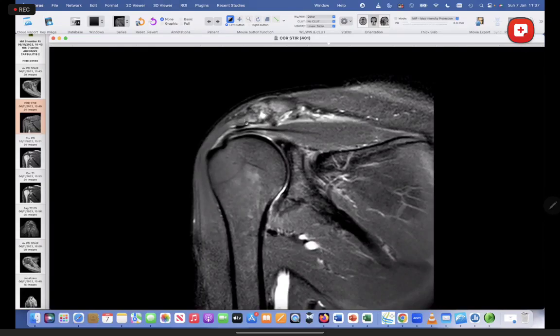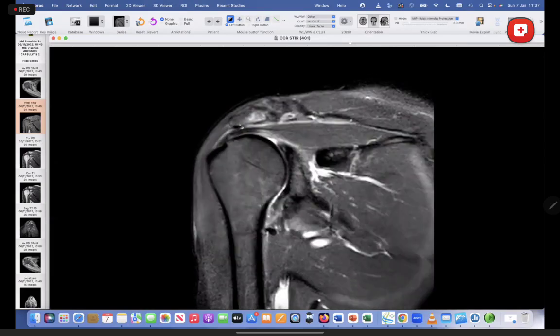And the fourth thing it tells us is the shape of the acromion on the coronal sequence. Now, you may have read the classification of the shape of the acromion, but that you've usually seen on the sagittal, on the lateral X-ray, as to whether it's hook-shaped or flat or convex. But actually, this is also important on the coronal sequence, because here what you see is a horizontal, maybe just a tiny bit of lateral slope. But if you see the acromion heading in this direction, that means that the acromion has a significant lateral